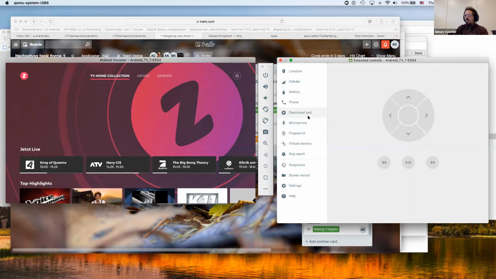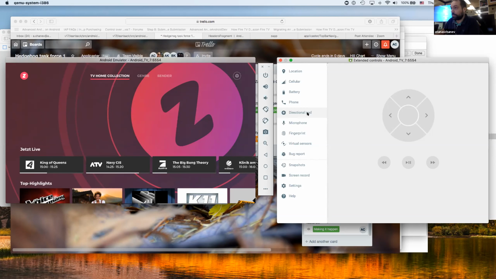So this is Zappon, and it is using everything as configured in Zappon with some minor differences. It's using DSP. And it is using the new navigation infrastructure in Android TV and Amazon TV, and the updated navigation plugin. So this is this thing that's up. Genre and sender, they are stubs. I added them manually for the purpose of this demo, but the data is real. It's coming from the original Zappon project.